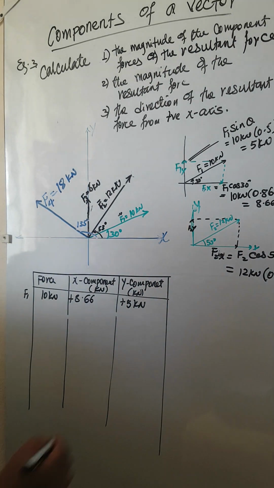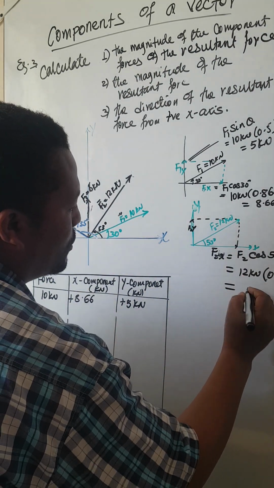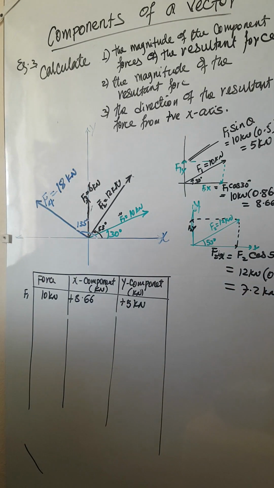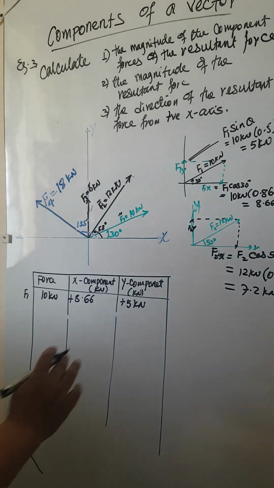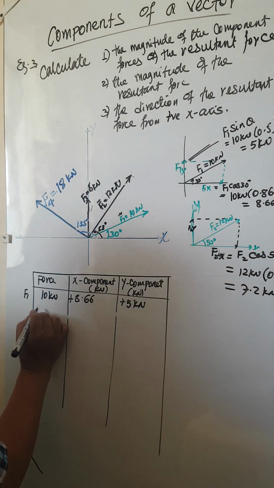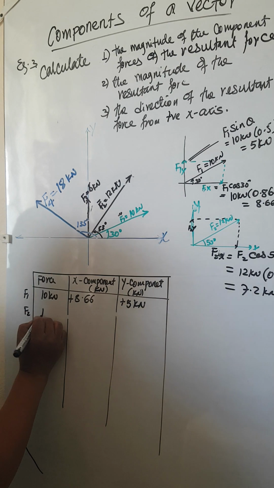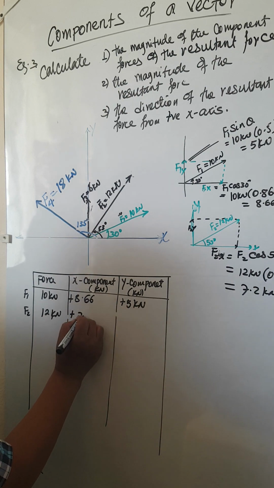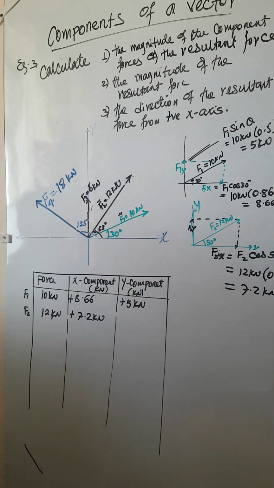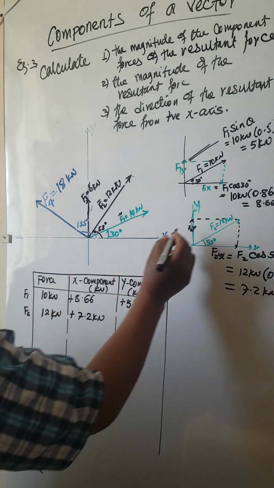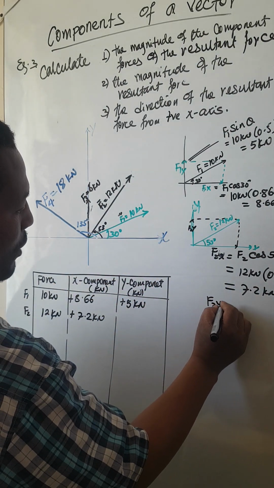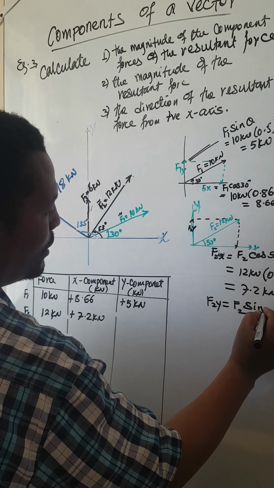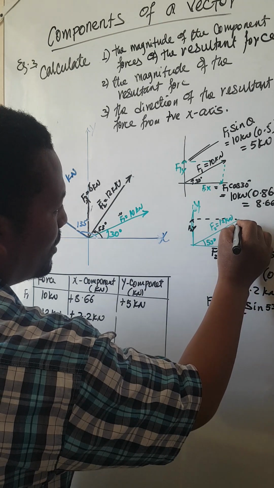0.6, so that this is about 7.2 kilonewton. Still, this is in the positive direction, so that force 2, which is 12 kilonewton in magnitude, has an x component of 7.2 kilonewton. And the y component for this is F2y. F2y is equal to F2 sine of 53 degrees,